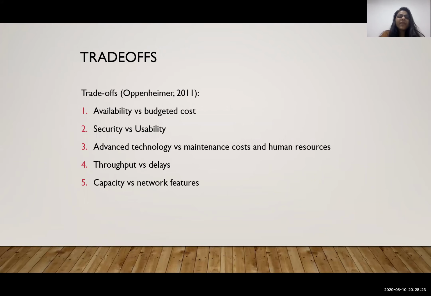A trade-off is the balance between different factors such as availability and budget cost. When this organization provides more availability, of course it will demand more budget, hence it won't be balanced between availability and budget. Then security and usability. This organization is trying to provide more security to the customer data, so they will make the security features very complex, but at the same time it will be inconvenient for a user to use that network. And this organization has a plan to provide advanced